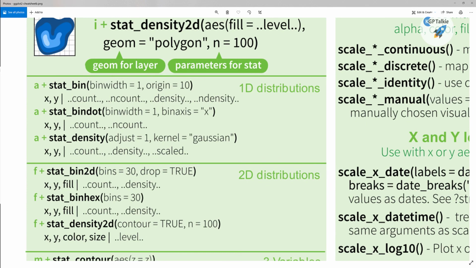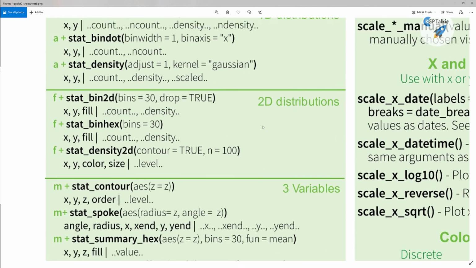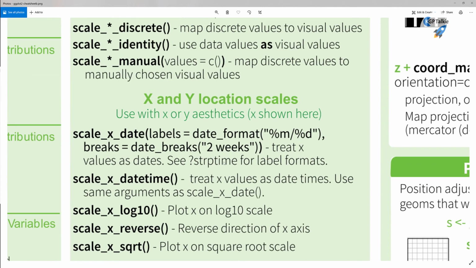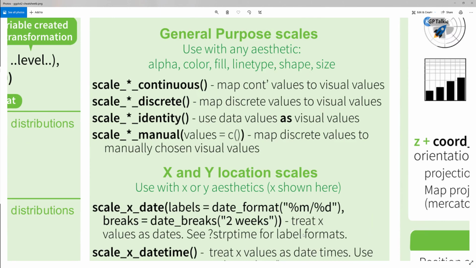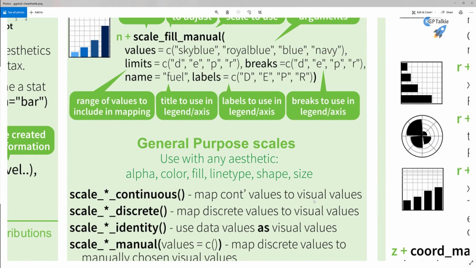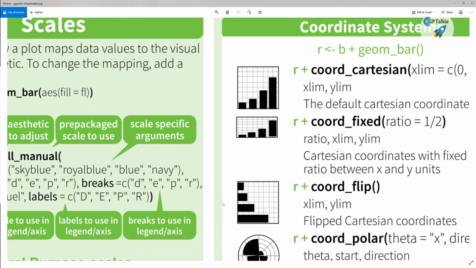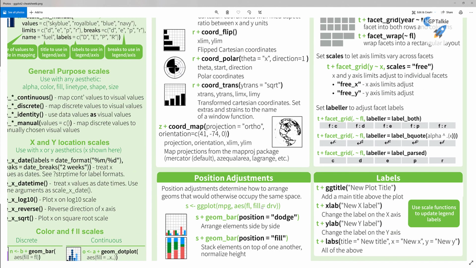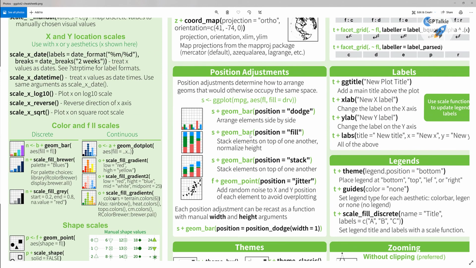Thereafter, these are some other things which you can plot later on. We will be using them to plot. And these are some of the settings with the scale location. General purpose scales are there. Some scales, coordinate systems, Cartesian coordinates. These are the facet settings, labels. There are the positional adjustments, like you set there ggplot plus geom bar. So ggplot is there with the data set.